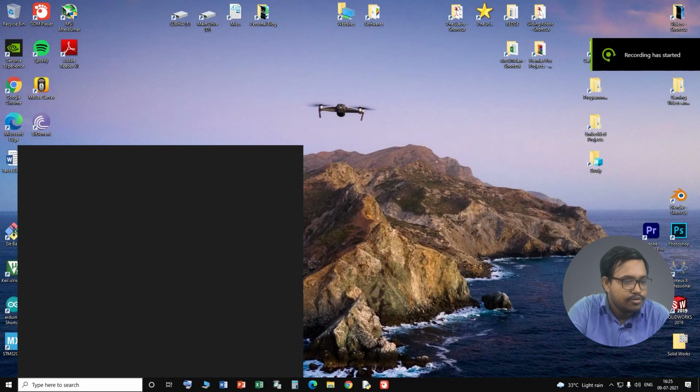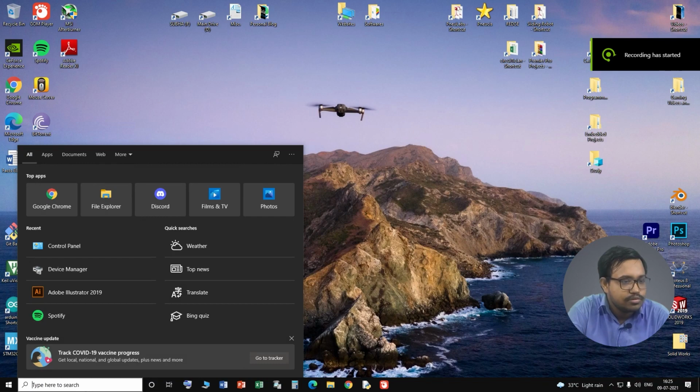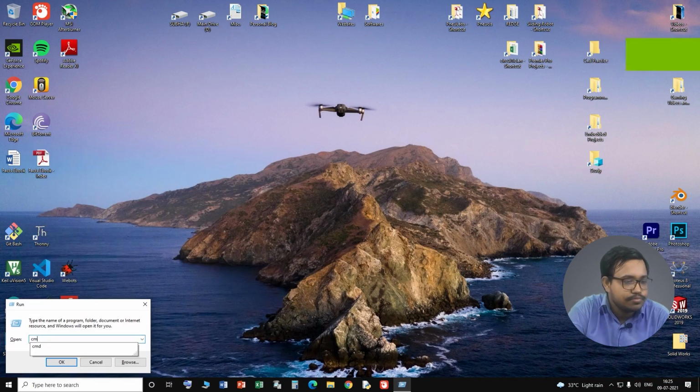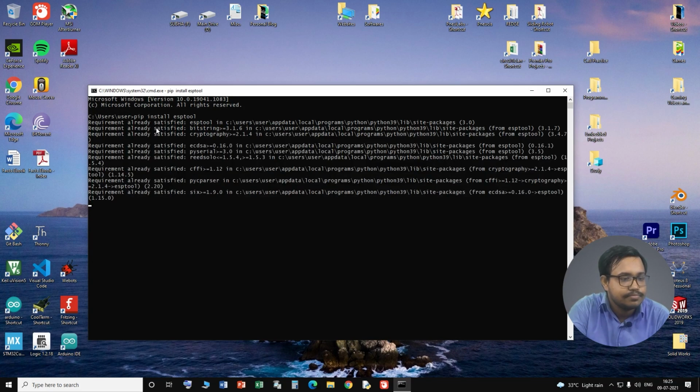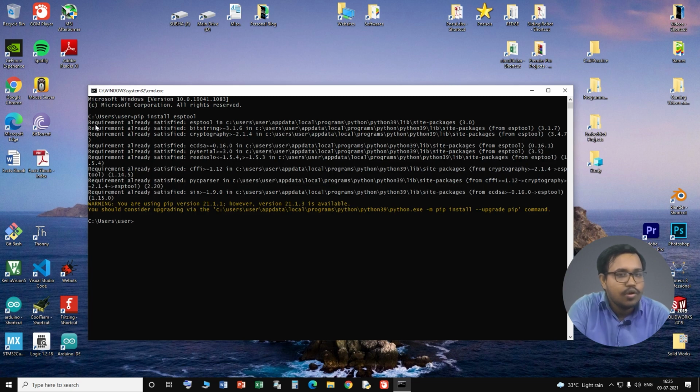To install esptool, let's get into the PC screen. So now, first open your command prompt. Then type this command and then press enter. As you can see, it is showing here requirement is already satisfied because I have already installed esptool.